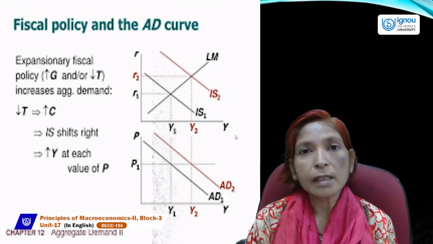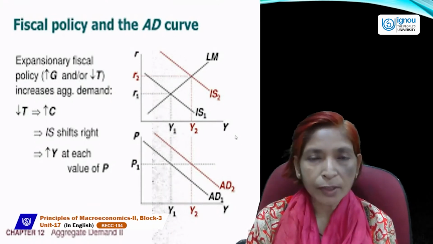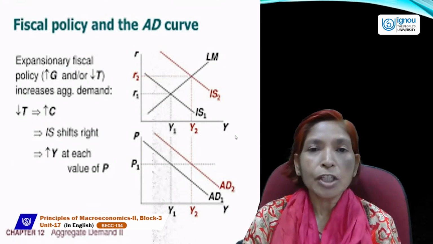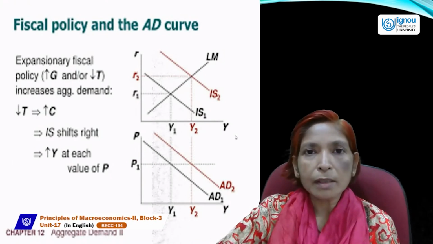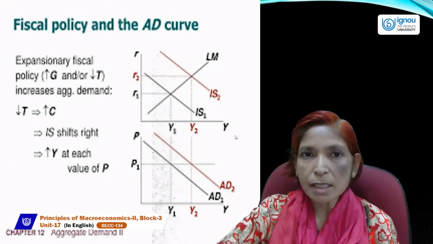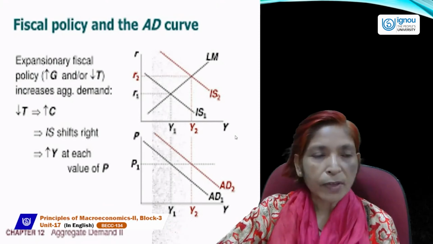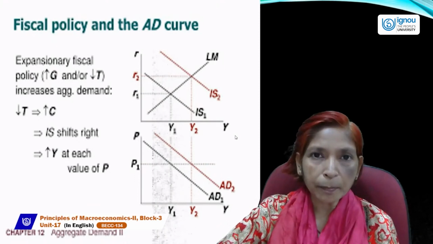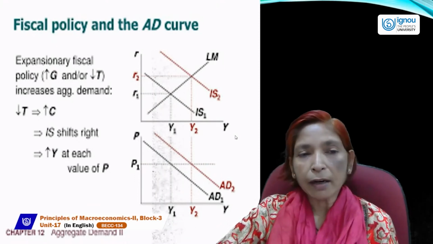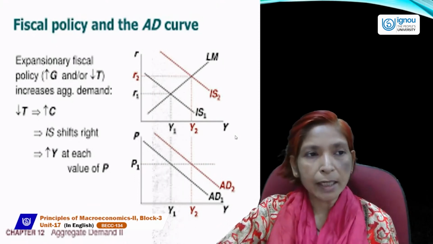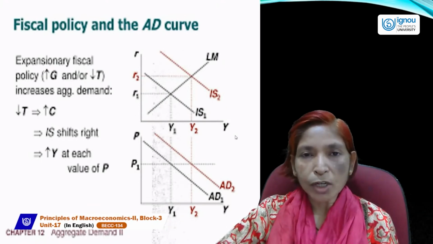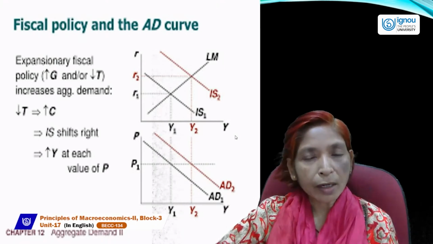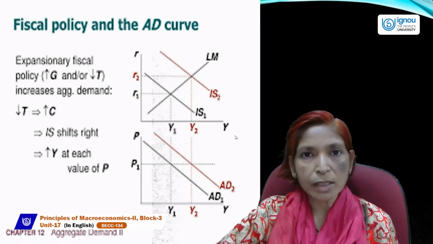Both the policies can manage the situation of the economy and can stabilize the economy and can achieve all the economic goals which are necessary for the development of the country. So fiscal policy and monetary policy play a very important role in each and every economy because these policies can affect our economy and can overcome the situation of deflation and inflation. We can overcome these two extreme situations which exist